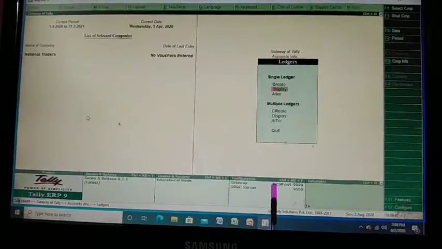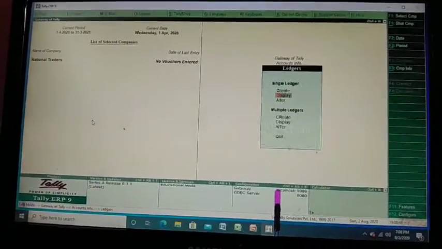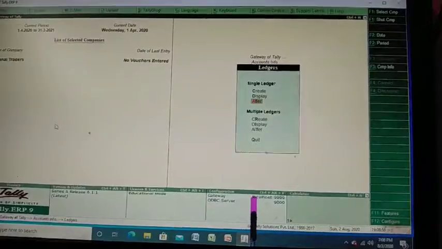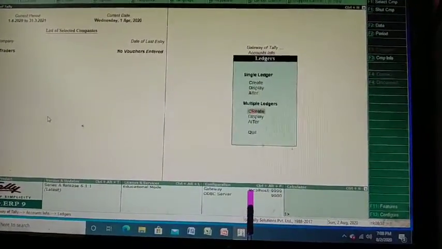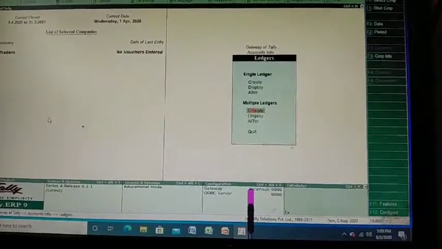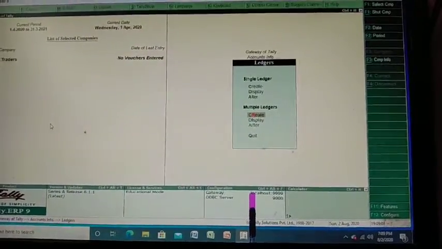As I explained, display is to display the ledgers, and alter is to alter the ledgers in a single way of creating a ledger. There is another way of creating ledgers, that is multiple ledgers.